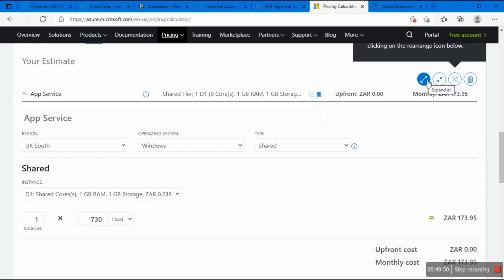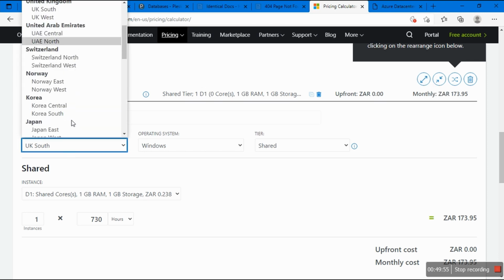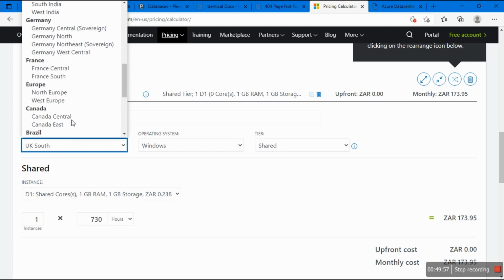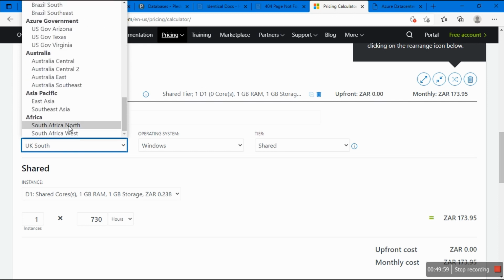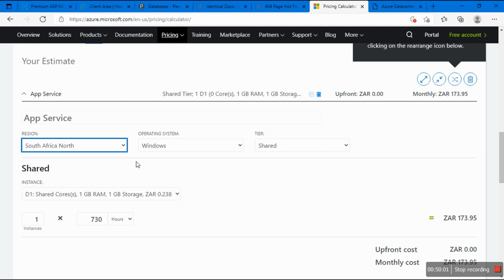Where's the refresh? Okay, I don't like this. It can't be the same price, but let's go to South Africa. Okay, South Africa. Yes, we have 2 data centers. No, this thing cannot be the same. It cannot be the same.